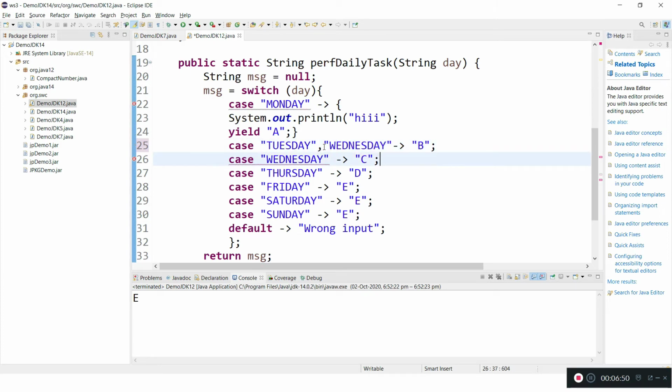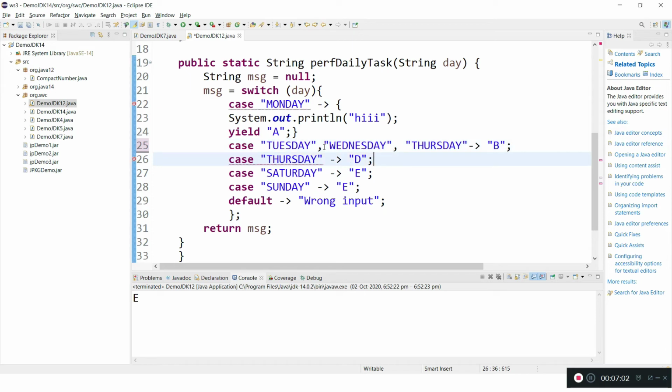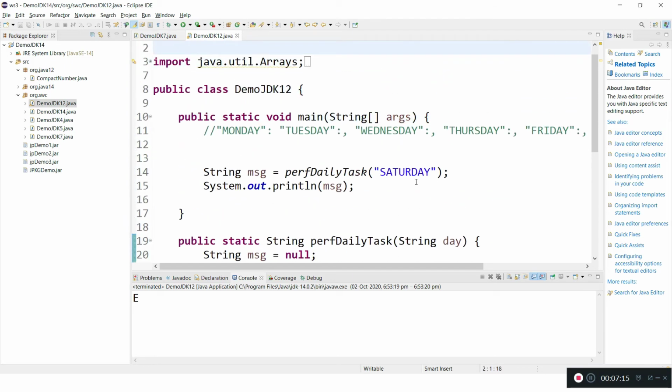So we can remove this one, and let me keep Thursday as well. See, this is how. If you pass Tuesday or Wednesday or Thursday, the same logic will be applied.